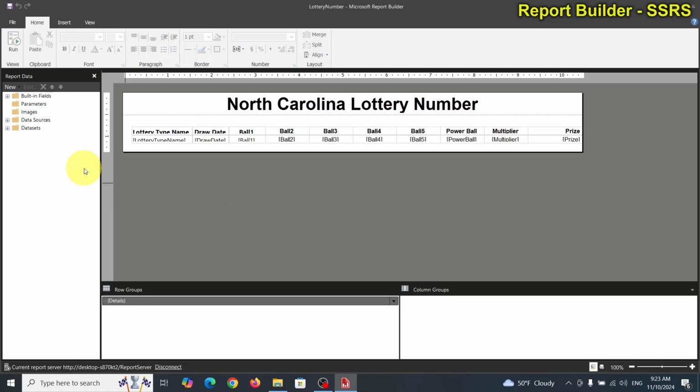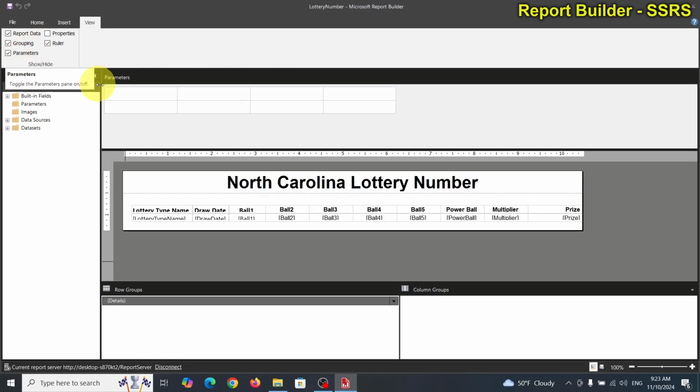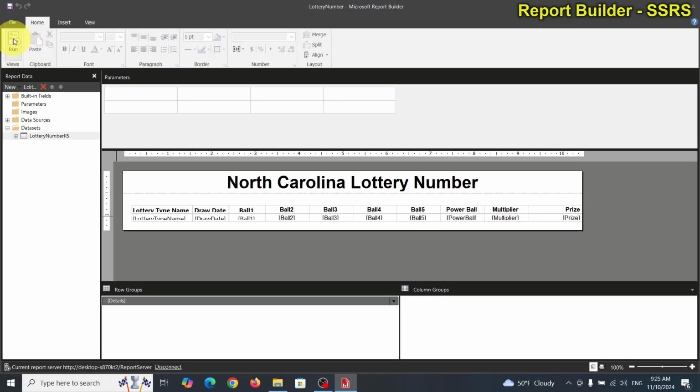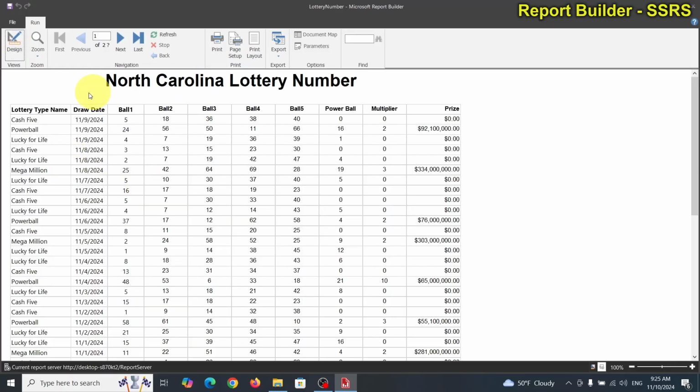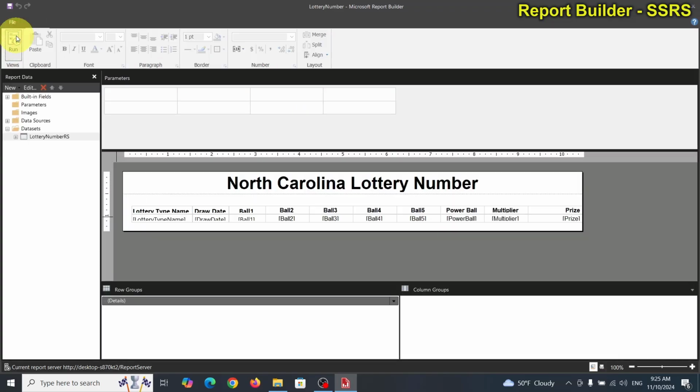All right, so to do that, I'll go ahead and show the parameter. What I want to do is to take a look at the report here first, that way we can analyze the difference. When we add the parameter, it's going to be on top here, above this title. So let's do that. Let's double click on this data set,